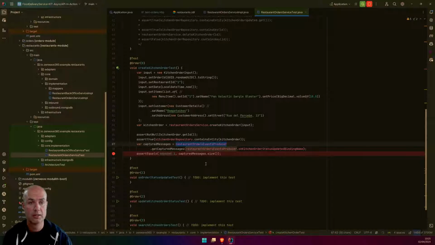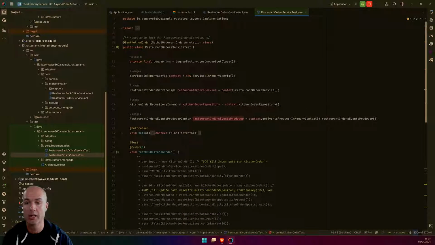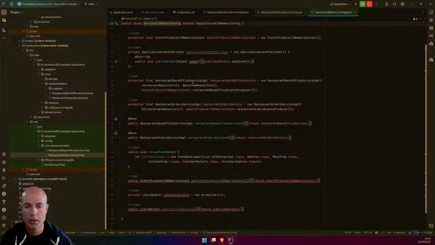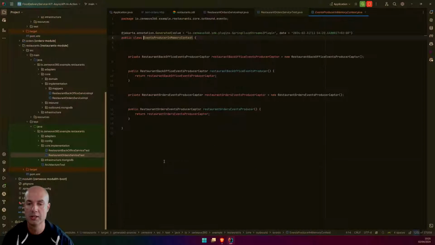And ZenWave already generates for you an in-memory implementation of these interfaces. Here at the top we have a services in-memory config that, as we can see here, we got an event producer in-memory context.